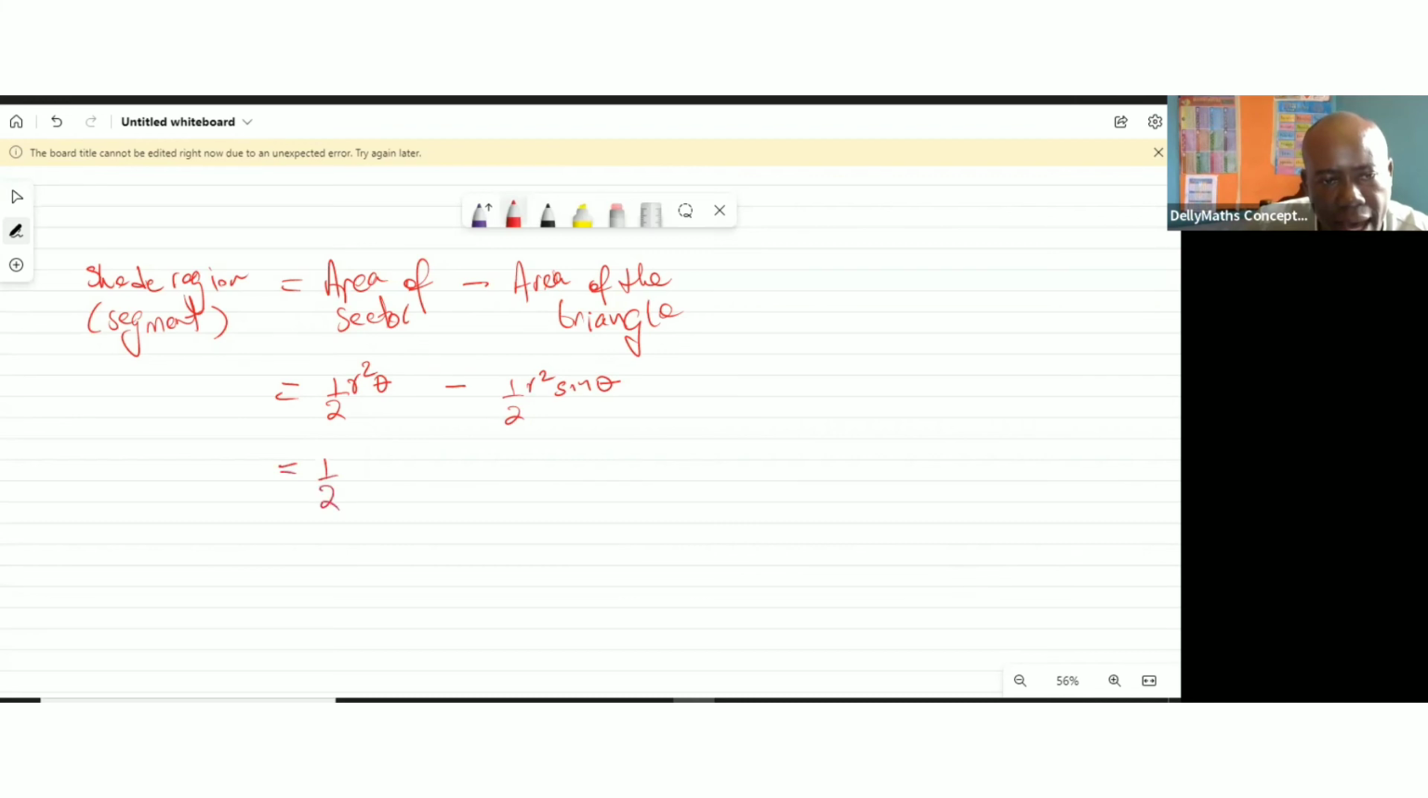So this is going to be half times 10 squared times 0.5. And let me work out what this is going to give me. All right, this gives me 25. So the area is 25 square centimeters. And this one is half times 10 squared times the sine of 0.5, and I'm working in radians. So when I plug everything in here, I get